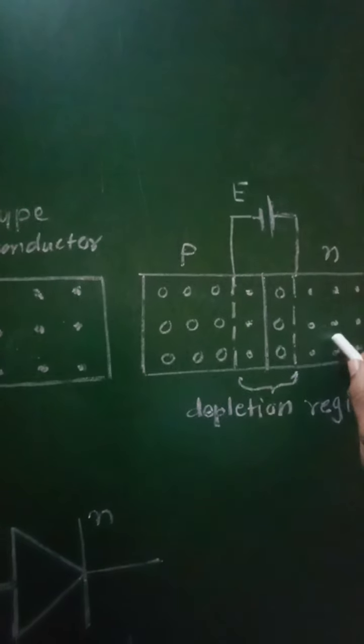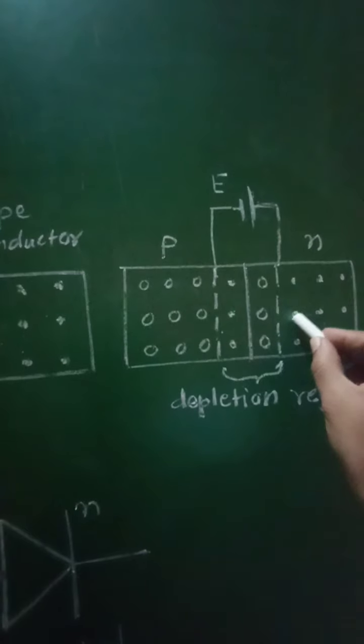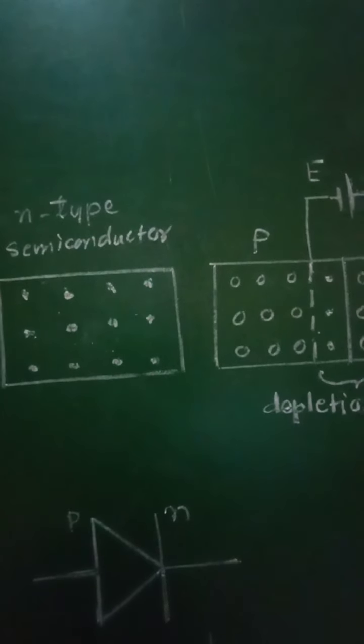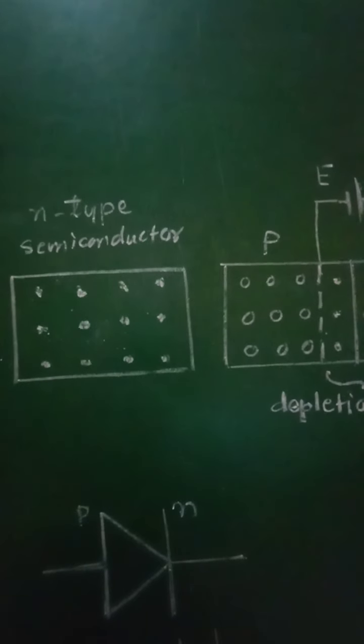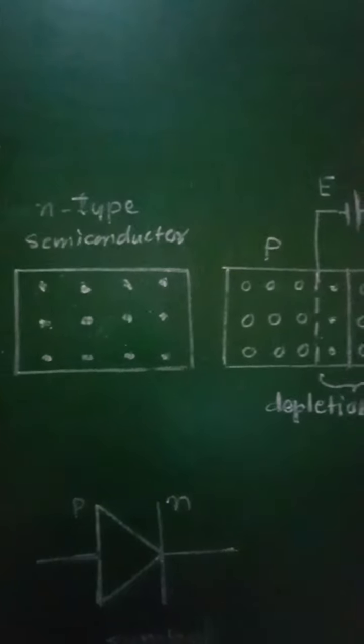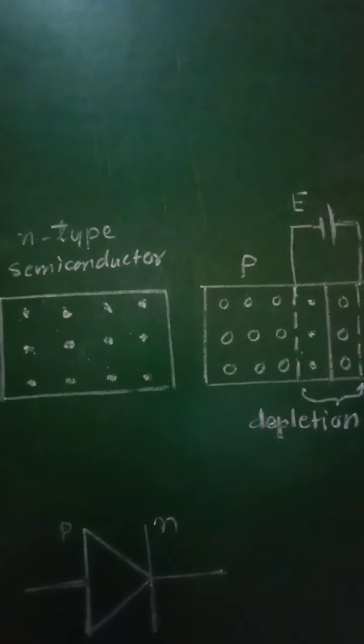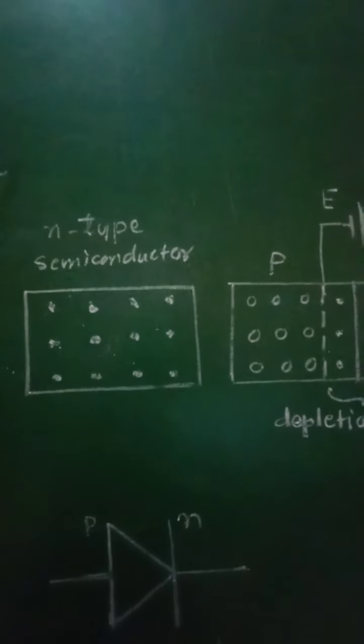So when these electrons enter into this p region, they will leave holes or the donor ions on the n side. Hence holes from the p side will migrate into the n region, and as a result,